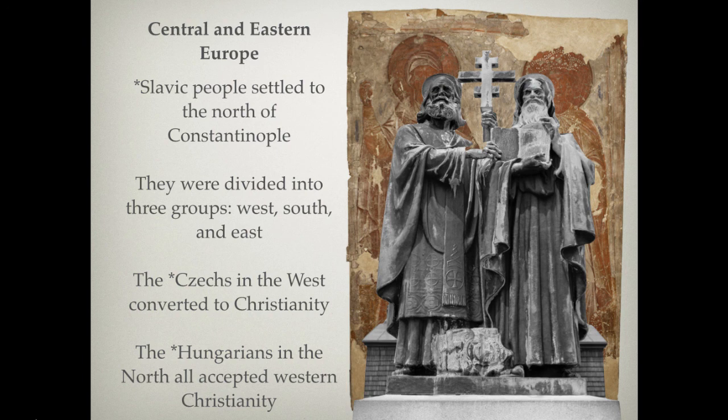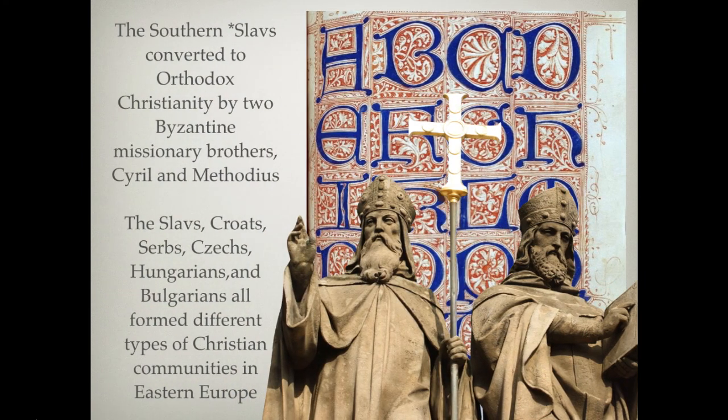Now, the Hungarians in the north all accepted Western Christianity as well. So it seemed that the Hungarians, the Czechs, and anyone close in proximity to that region is going to maybe make a greater connection to the Italian Roman Catholicism. But of course, the Eastern Orthodox, the Eastern Christians are also going to want to have some strong influence on these people. So the Southern Slavs ended up converting to Orthodox Christianity, really as a result of two Byzantine missionaries,